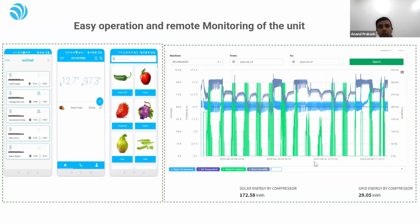In fact, in our cold room, you would be able to do a lot of predictive analytics and remote monitoring as well. Through the mobile application, we can set the commodity. We need not be very worried about the required temperature and humidity. We should be very cognizant about the commodity we are selecting, and after that, we can monitor it through our remote monitoring application and our in-house AI